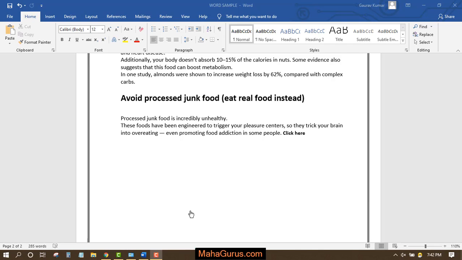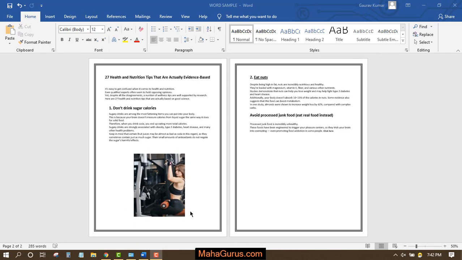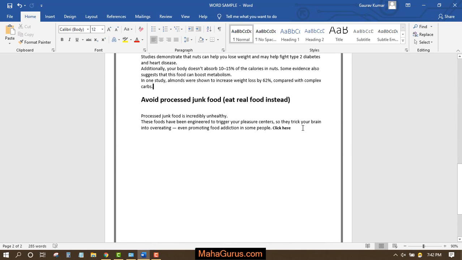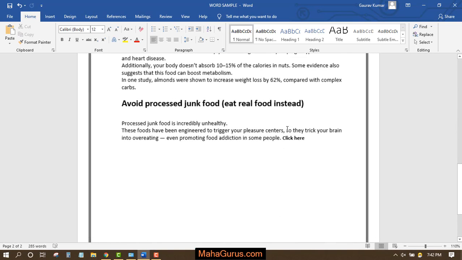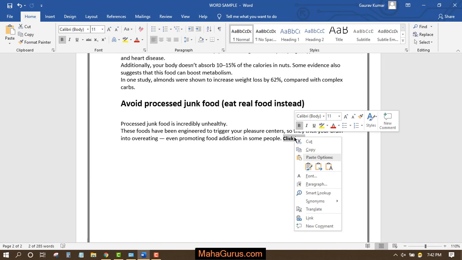So in this tutorial, we're going to learn how we can create a hyperlink in Microsoft Word. Now in this case, I have this article and I want my viewers, my students, to read this article, and if they want to know something more about this article, then they can use the link that I have given. So to enter the link, I'll click here, select this "click here" and do